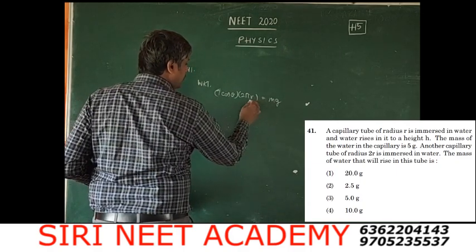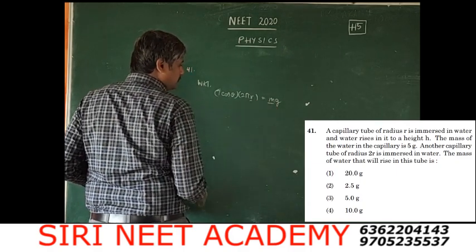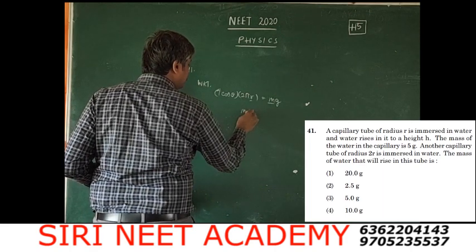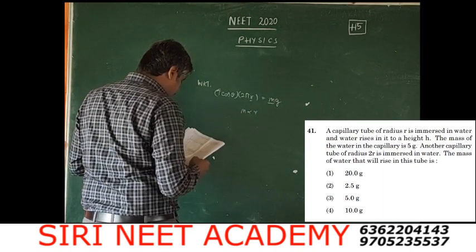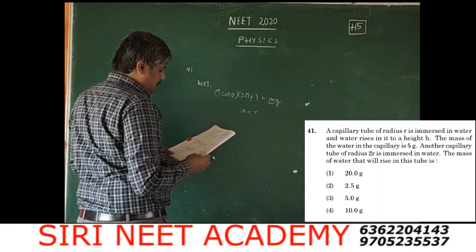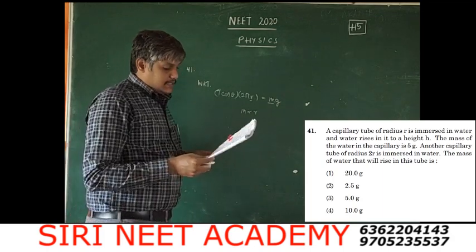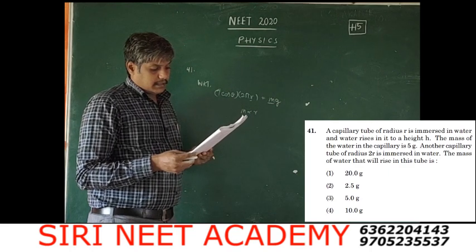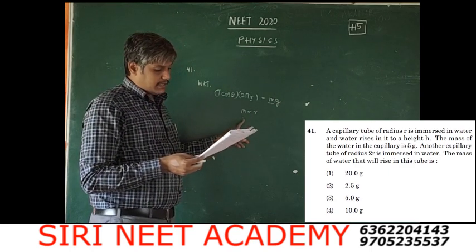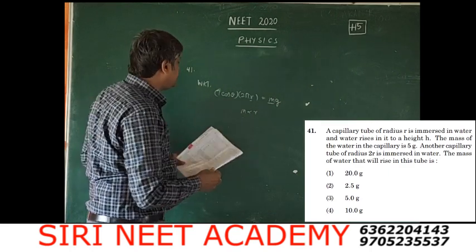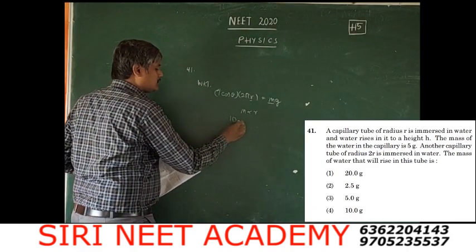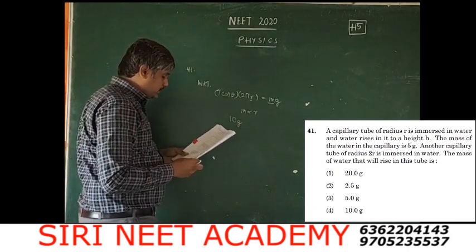Now here r and m are proportional to each other, so m is proportional to r. Now the radius is doubled, so the mass also gets doubled, so the answer will be 10 grams. So the option corresponding to this will be